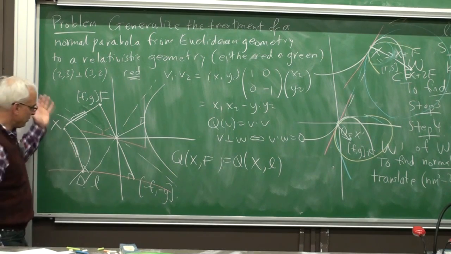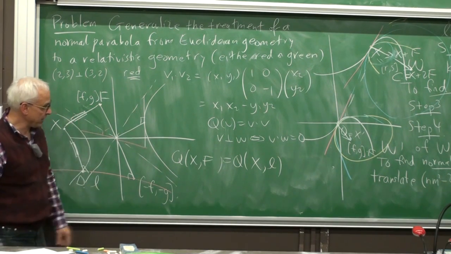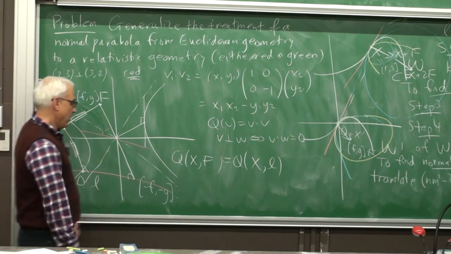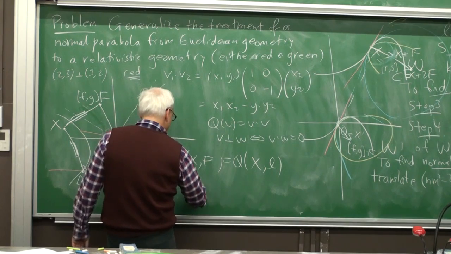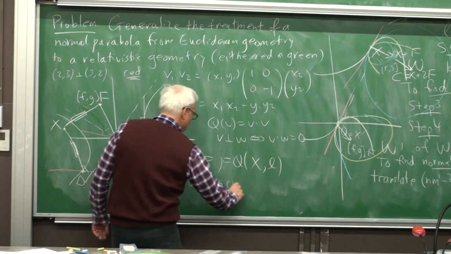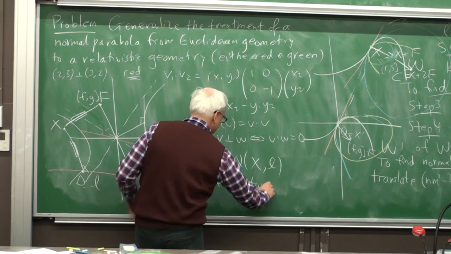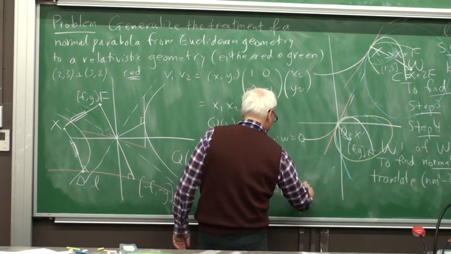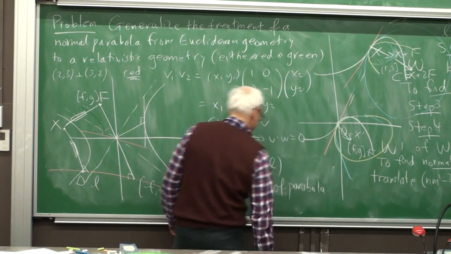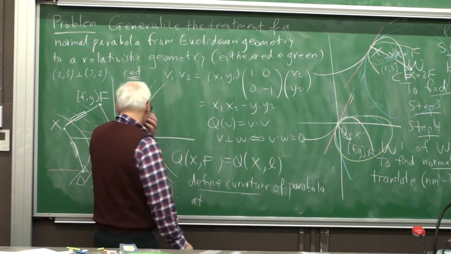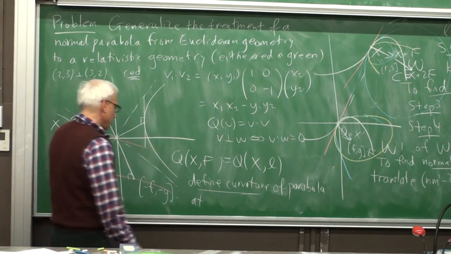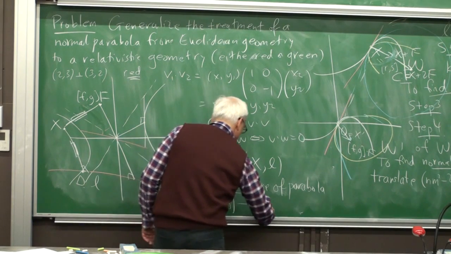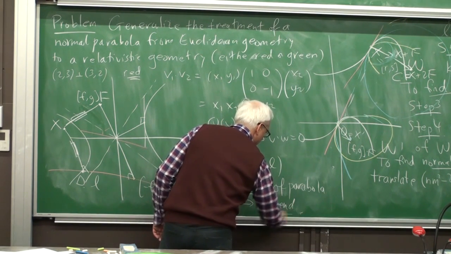All right, so the problem is to work out the theory exactly analogous to what we did in the last lecture in 2, to define curvature just for this parabola, nothing more fancy. Define curvature of this parabola at 0, 0, and you can try to extend the whole discussion.